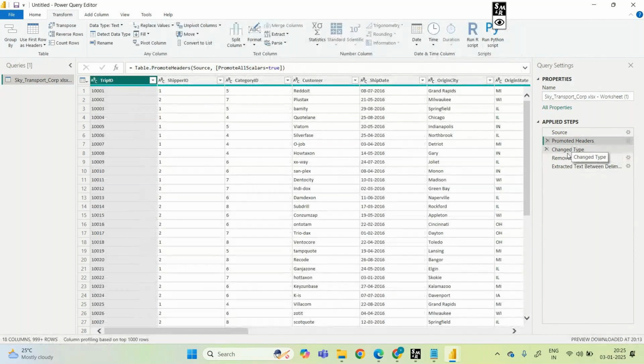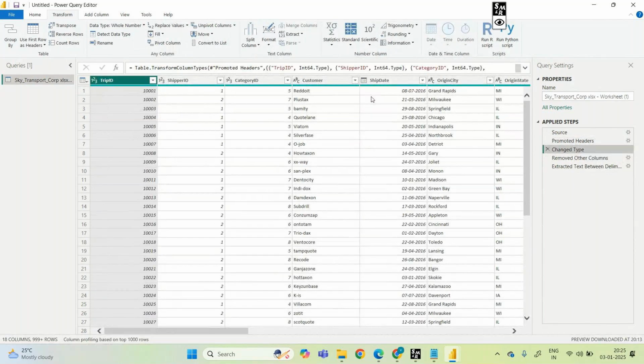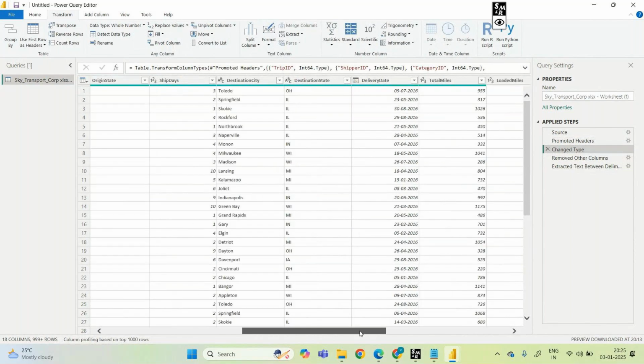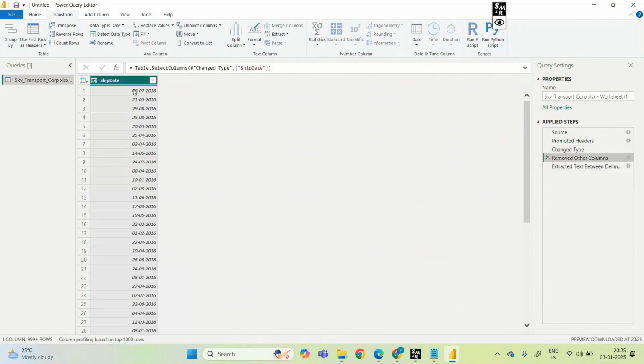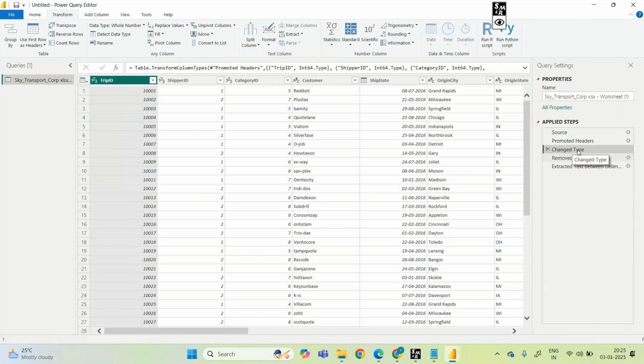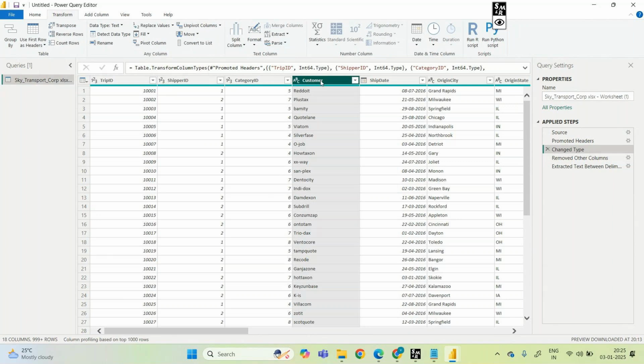The original data remains the same. I've removed other columns also, and the original data remains the same. I just wanted to perform one operation with that. Suppose I want to make this entire column uppercase, I don't want this lowercase.